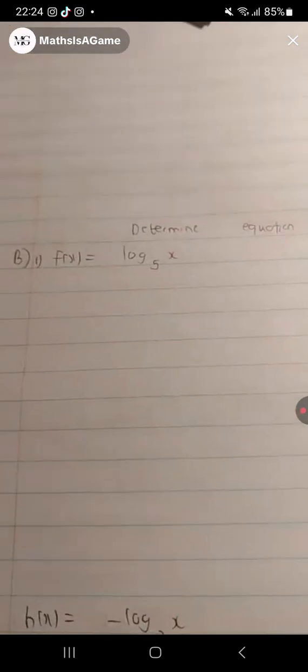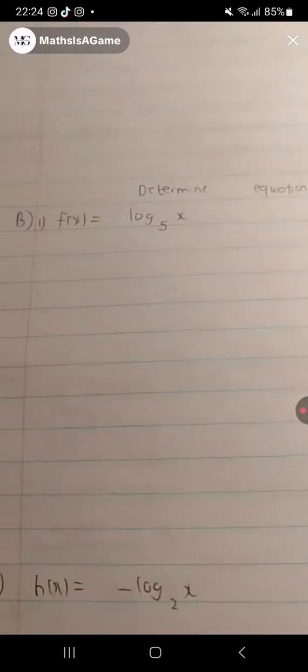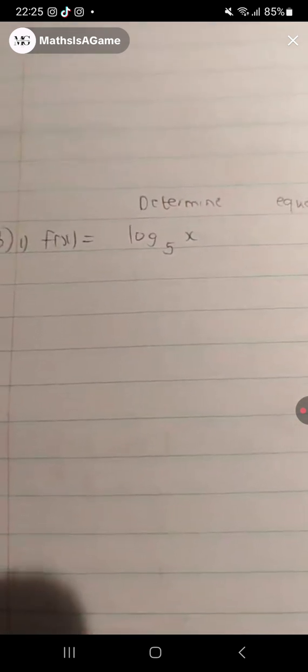All right, let's now look at how to determine the equation of the inverse if we are given log this time round, not the exponential. From log to exponential, because we did exponential to log. Now let's check how we move from log to exponential. The method still remains the same, guys. Why do we say that? In that the first few steps are still the same as what we know we ought to do. What is the first step we do?